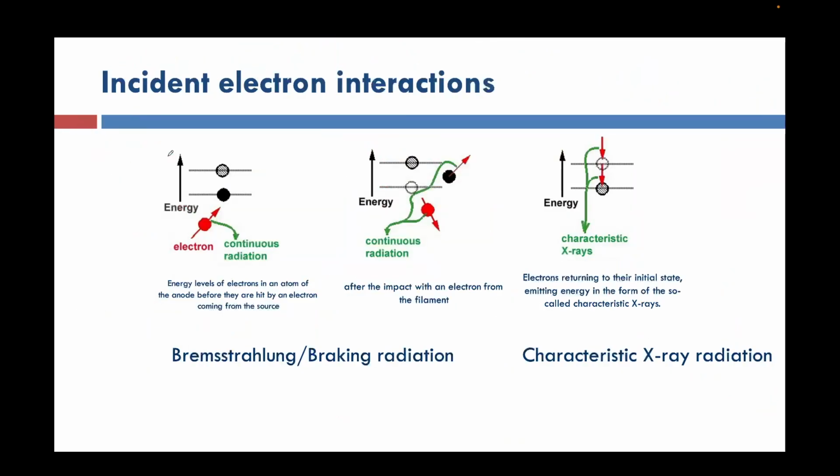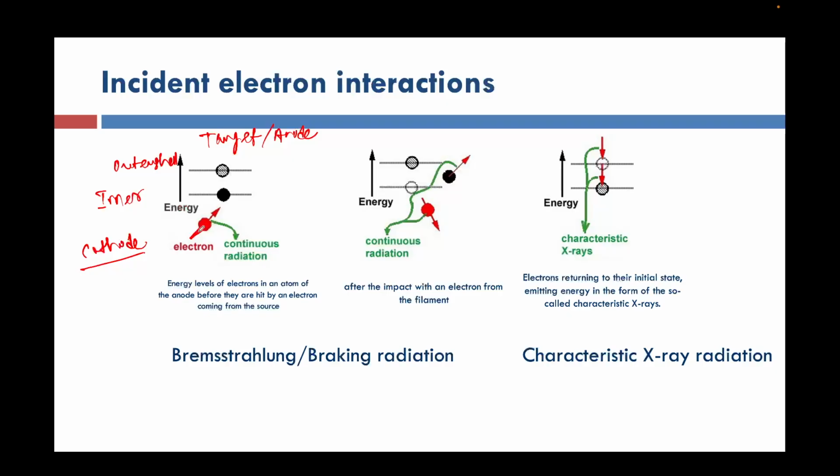But what is the science behind it, what is the principle behind it? Let's say this is my incident electron. This electron is coming from the cathode, so it is a highly energetic electron. Let's say this is an inner shell, this is the outer shell, and this is my target material or anode material. My highly energetic incident beam is coming and hitting this